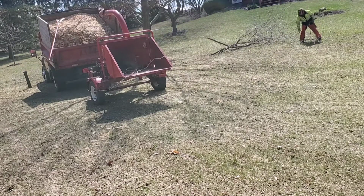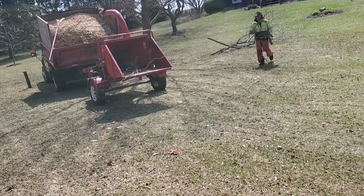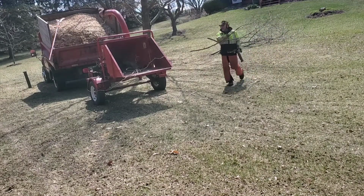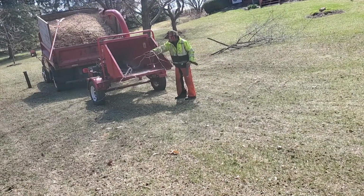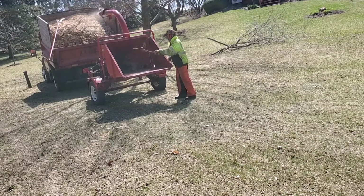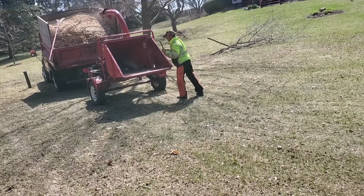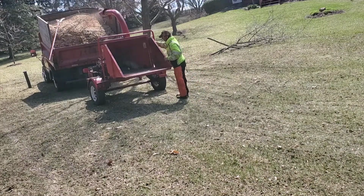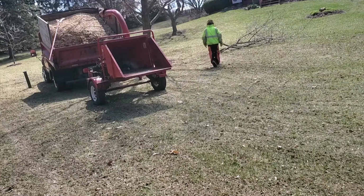Yesterday when we were running the machine, it was running for over half the day, so yeah, you do want to wear ear protection when you're running these machines. I have my chaps on because just before this I was doing some actual cutting with a chainsaw. But that is something else that you actually do want to have on too, even if you're just running a chipper, because